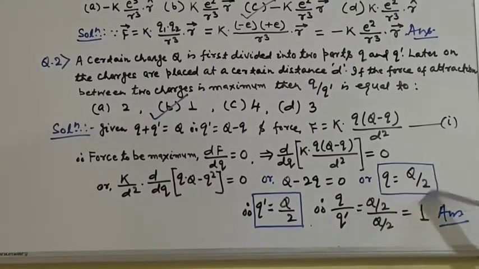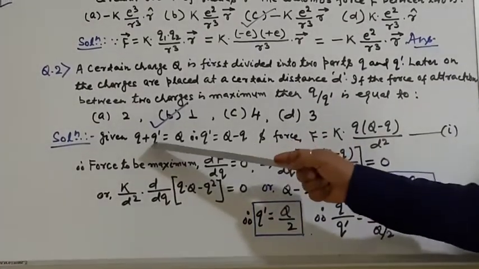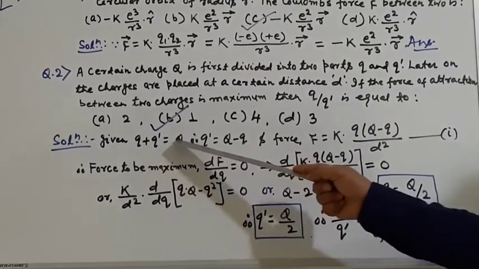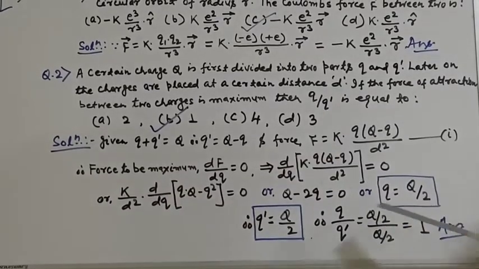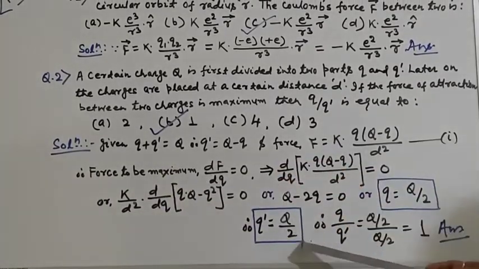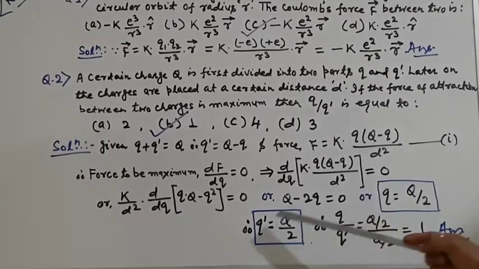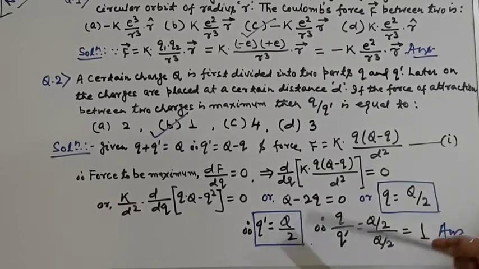So one part of the answer: we have got small q is equal to capital Q by 2, and q plus q dash is equal to capital Q. So put the value over here at the place of q, this Q by 2. So this q dash becomes again how much? Q by 2. So both the charges, when Q is divided into two parts, q and q dash, both have become q is equal to Q by 2 and q dash also equal to Q by 2.